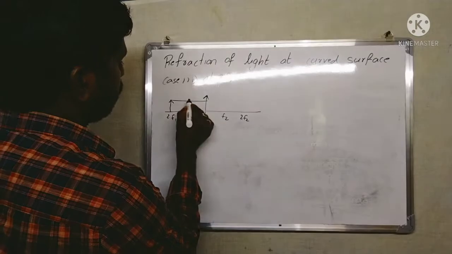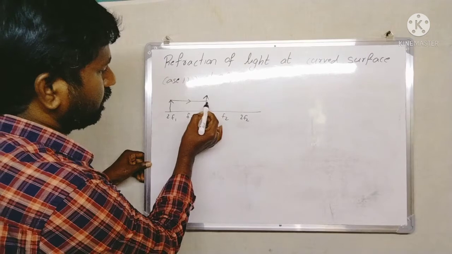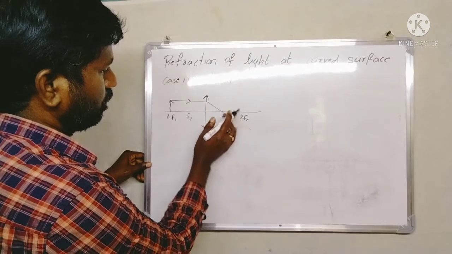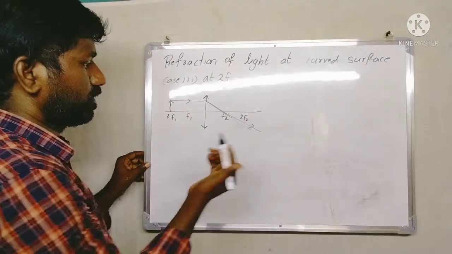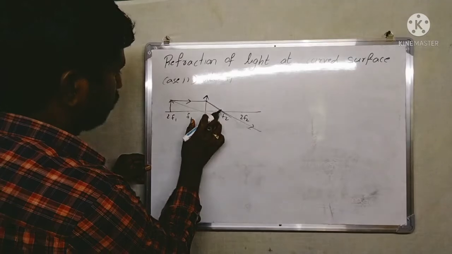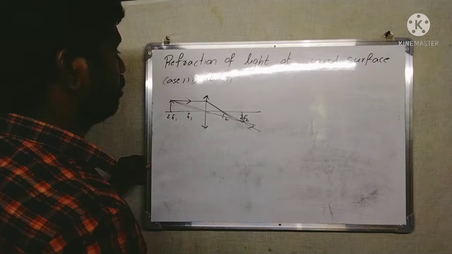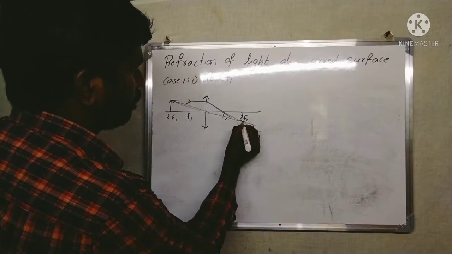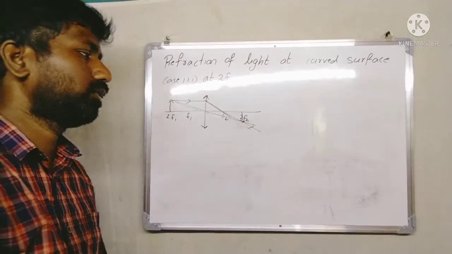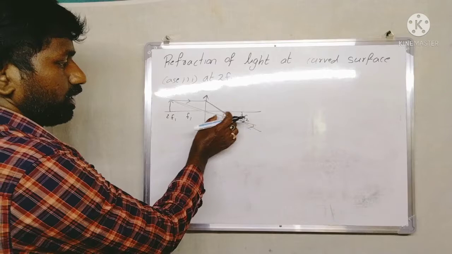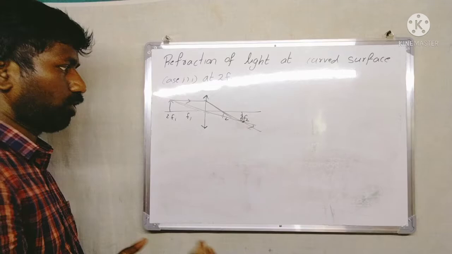Now two rays are required to get the image for this object. When a light ray is parallel to the principal axis, then the refracted ray passes through the focus. And a light ray passing through the optic center does not deviate. So here you got the image. This is the position of the image. You kept the object at 2F1, you got the image at 2F2, and these lengths should be equal for all the cases. Then only we'll get the image in a proper manner.